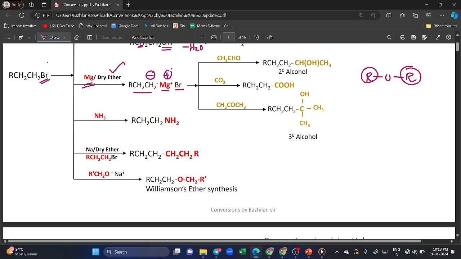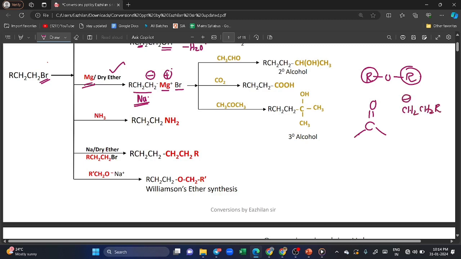So by reacting the haloalkane with magnesium, we are generating a nucleophile. This part becomes a nucleophile, and it can undergo nucleophilic addition across any carbonyl compound. For example, if you have a carbonyl compound C double bond O like this, then this alkyl part, that is CH2CH2R,